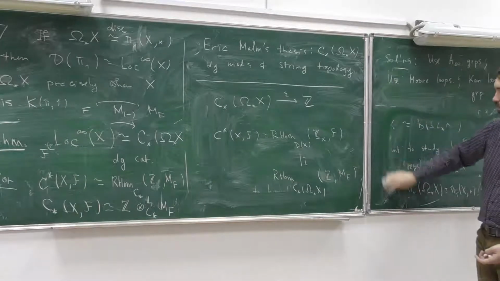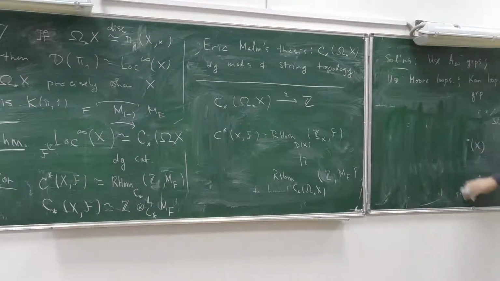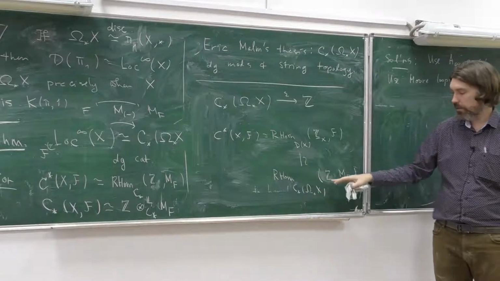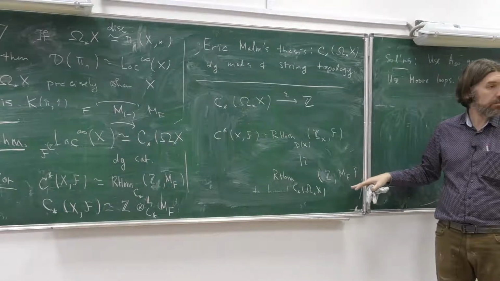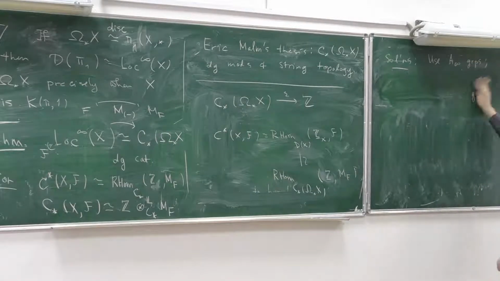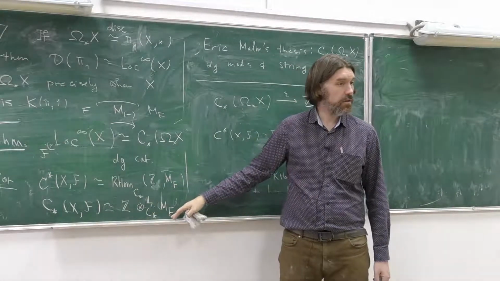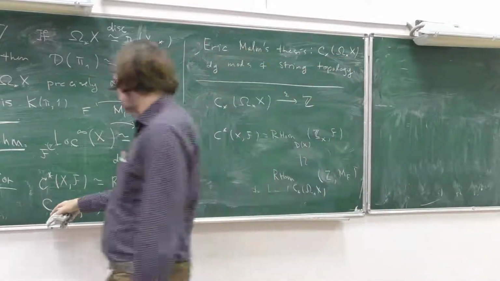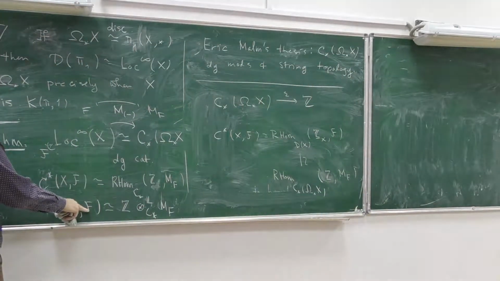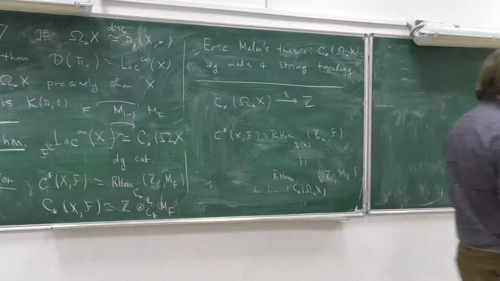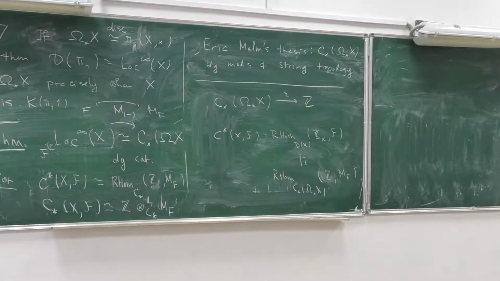And then something similar for Tor. This is like group cohomology. If I think of this as just a group algebra, this would be group cohomology with coefficients in this module. And this Tor would be group homology with coefficients in this module. And the left-hand side is homology of X with coefficients in F. So what is that? F is again a local system, or a complex of sheaves with constant homology.